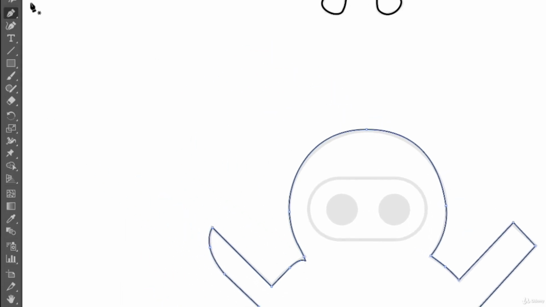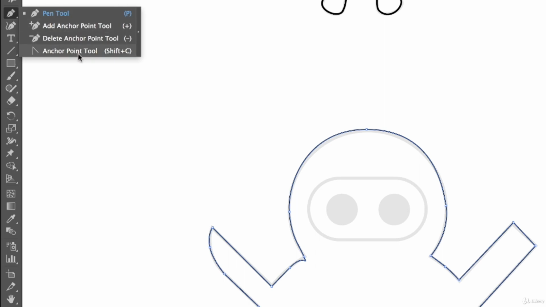Now to do some adjustments, okay, there's 2 major things I need to fix. I need to change these 2, okay, and there's a tool to do it. It's called the anchor point tool. Okay, so I click on this. If you're using an early version, I think it's called the anchor conversion tool, something like that. Okay, so it looks like that in both versions. Click on this guy,